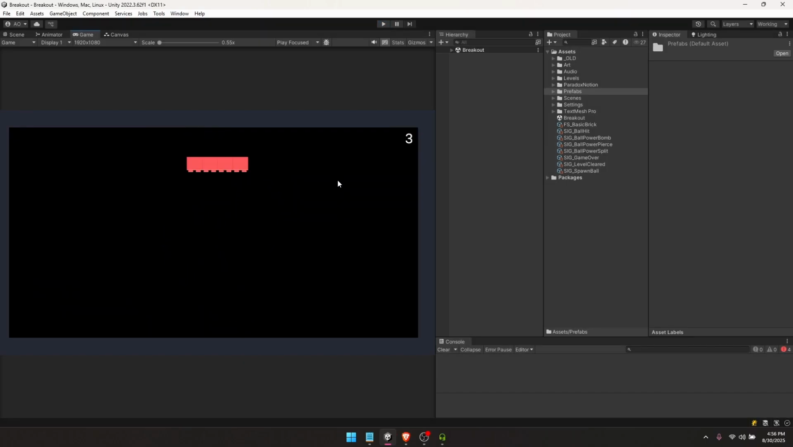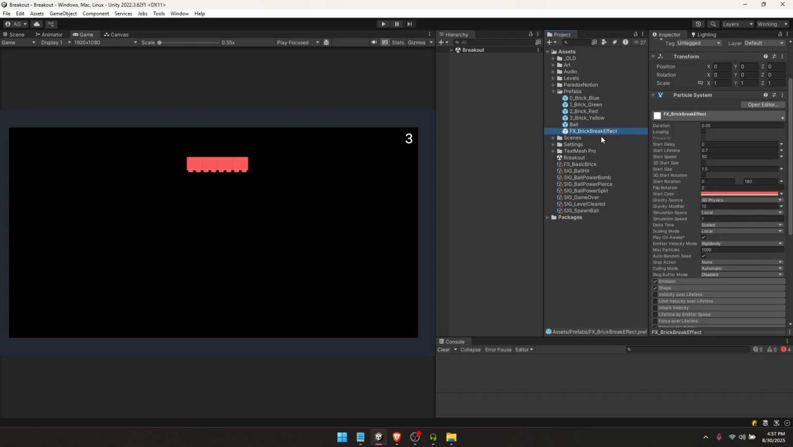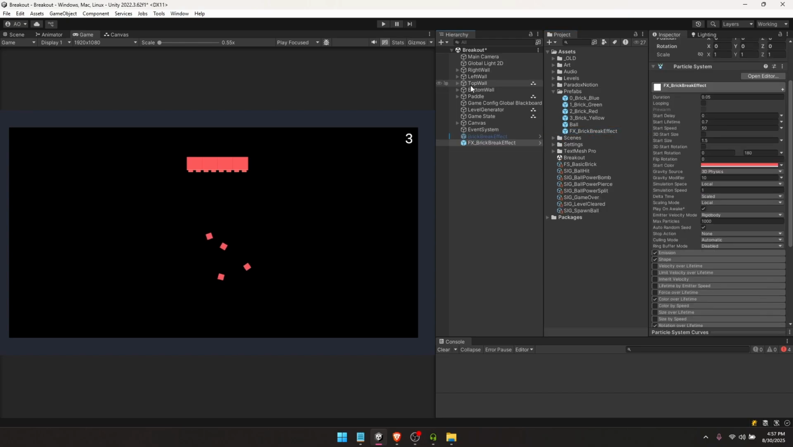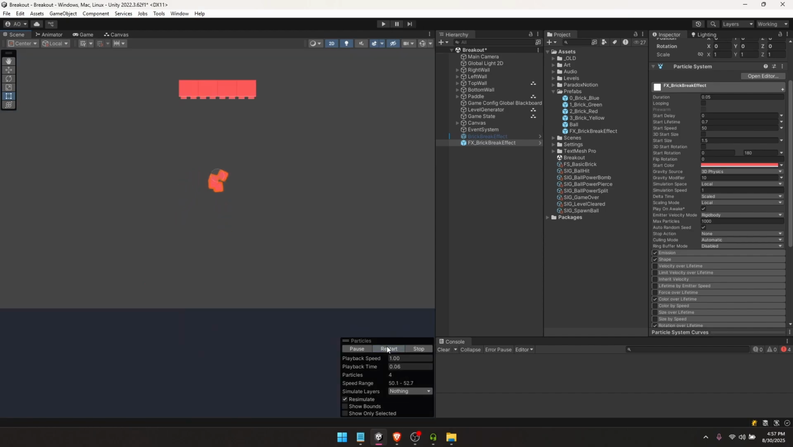So let's start by making the effect that happens when a brick is broken by the ball. When the ball hits the brick, we want some nice feedback to the user that the brick has been broken by the ball. So that's going to be a particle effect and also a sound effect. I've already made a very simple particle effect here. As you can see, it basically just splits into multiple squares with a bit of rotation,